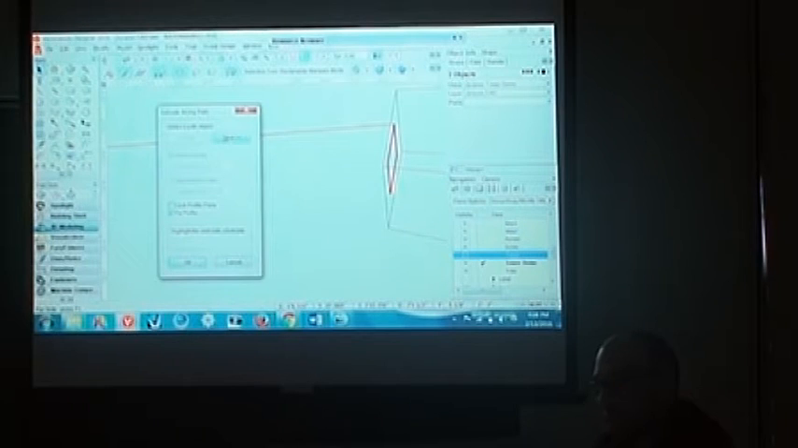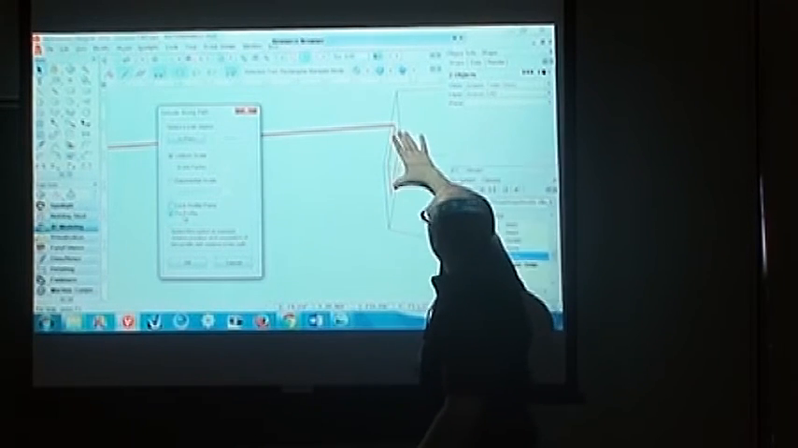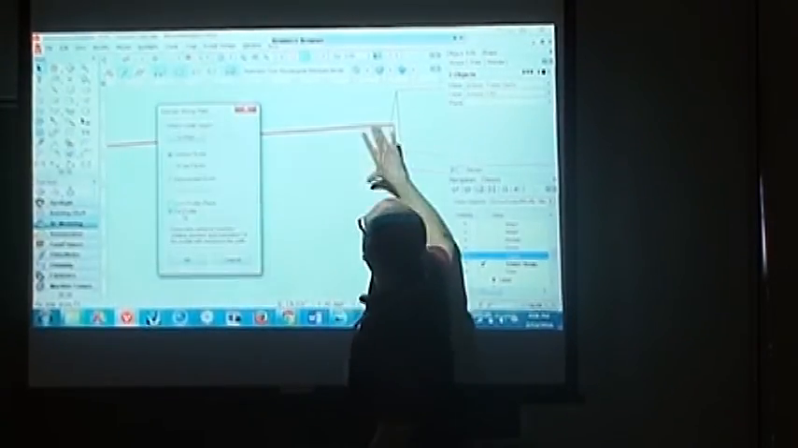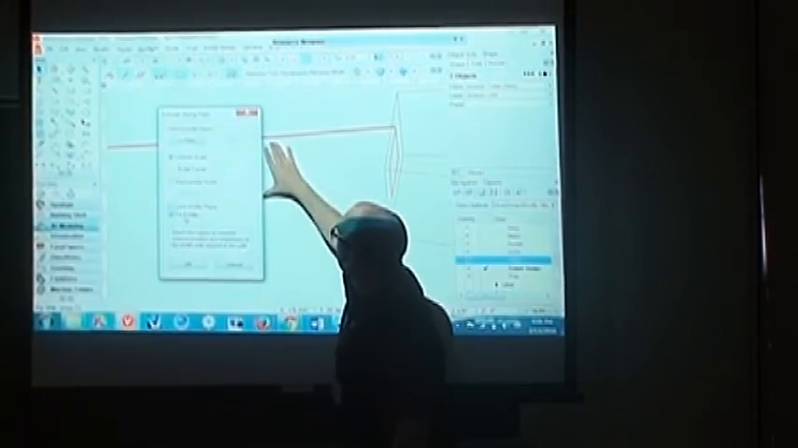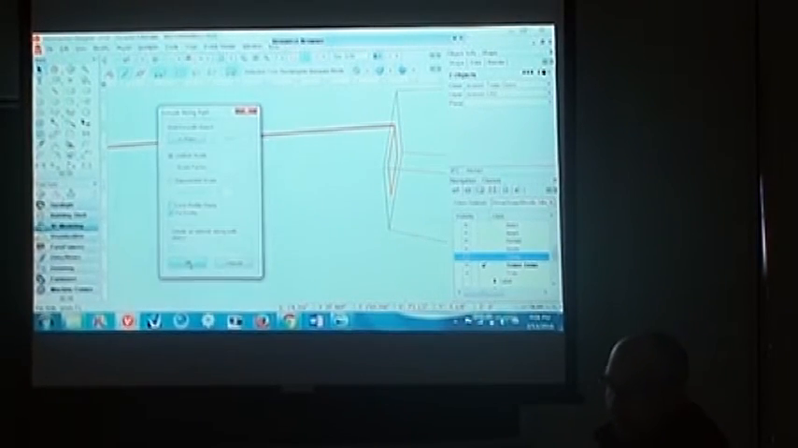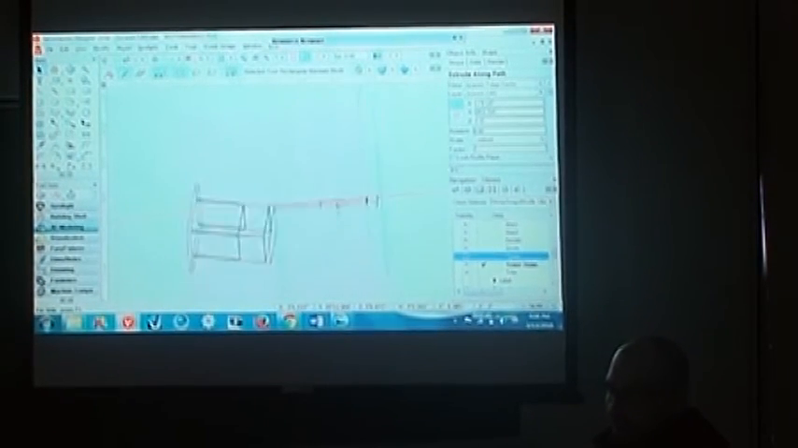Select the path object, that's the one that's highlighted. I want that line. I'm going to fix the profile. So I want to maintain the relative position and orientation of the profile with respect to the path. So I want this point to follow that line exactly. So I need to fix the profile so that it stays exactly with that line. And I hit OK, and now I have an